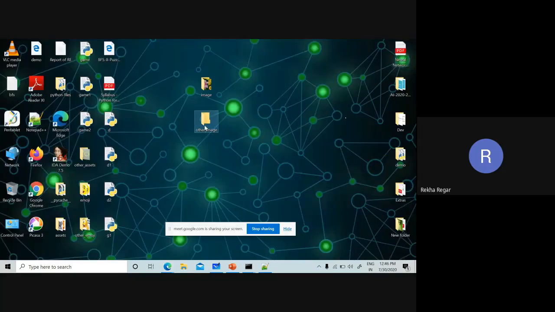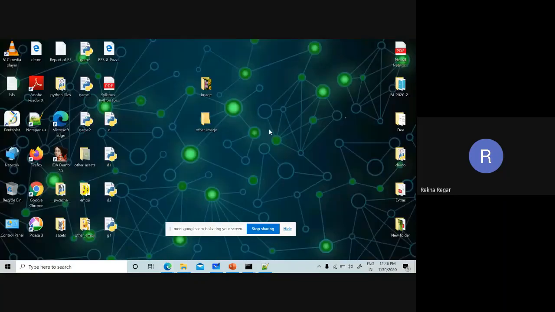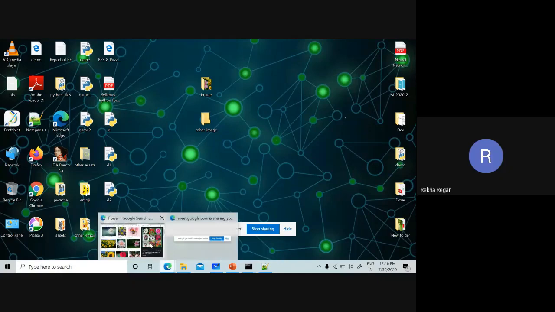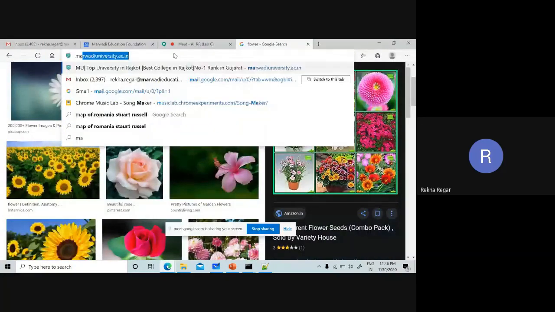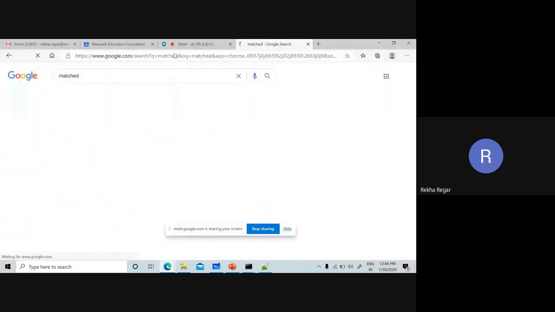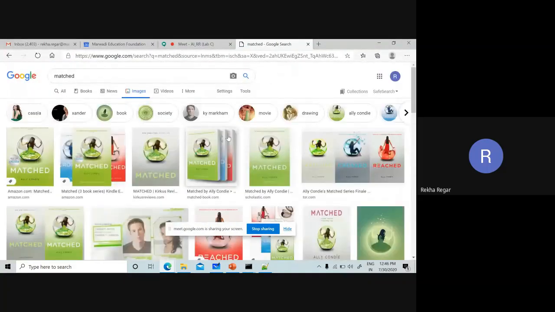Now we need some extra or other image, that is displayed after two images are matched. It means when two images match, we have to show another image that says the images are matched. For that reference, we are going to take another image. We simply take the word matched.